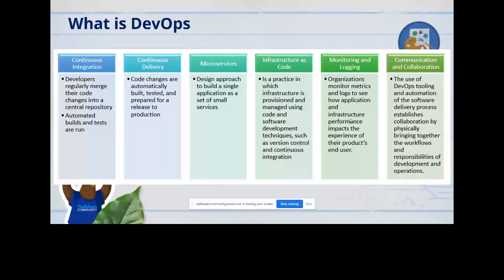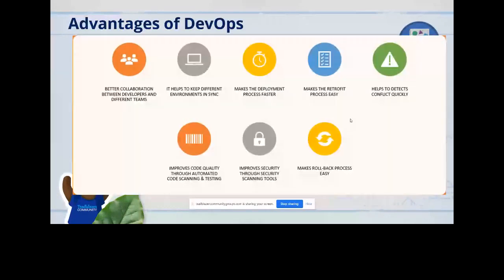So why do we need to have DevOps? When we started with Salesforce, it's not like the other technologies, because I started my career as a Java developer. During that time also, we were using a code repository to check in. But after some time, when I moved to Salesforce, Salesforce did not have that practice of using a repository, because everything is in the cloud, right? Whatever you are developing is directly in your environment itself. You don't need a separate process to deploy your changes.